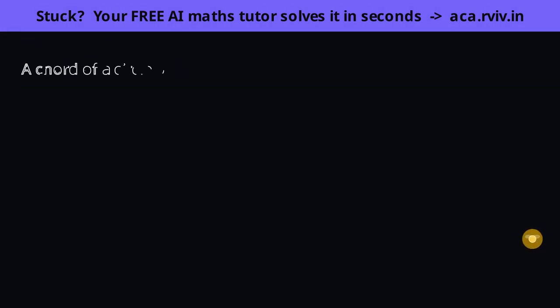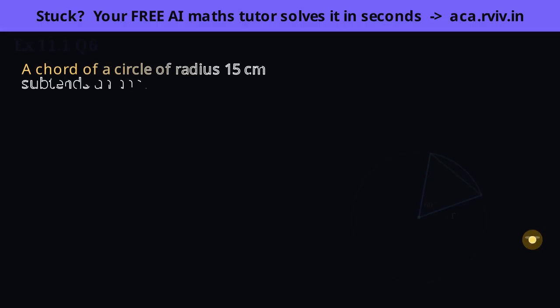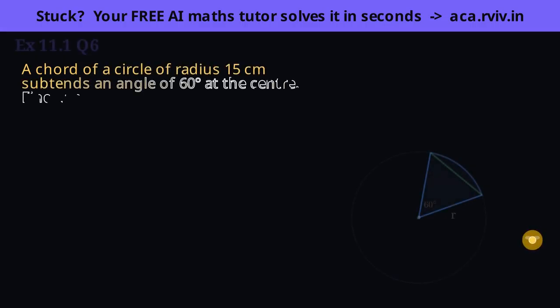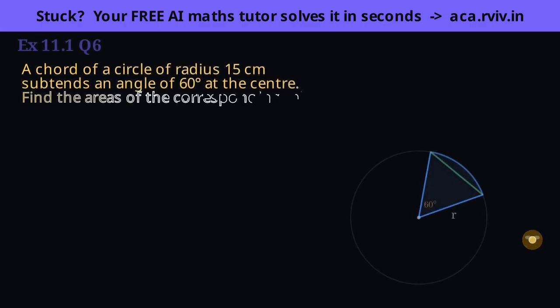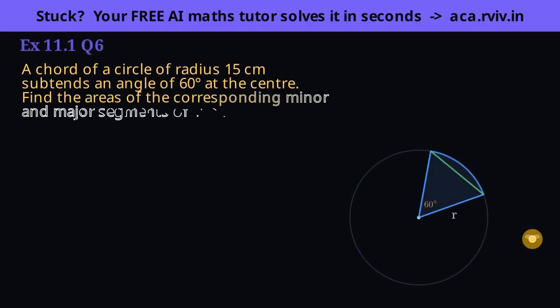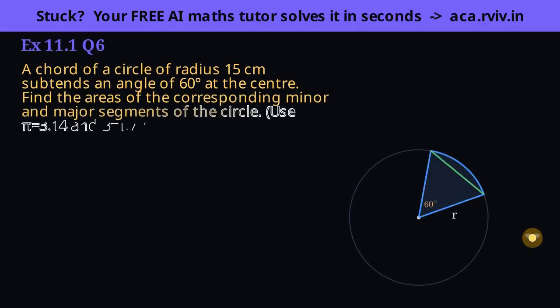Same 60-degree, equilateral triangle idea as before, now asking for both segments. The clever move is to get the small minor segment, then reach the major one by subtraction from the whole circle. Let's plan both answers up front. The minor segment is a small cap, sector minus its triangle. And rather than compute the huge major segment directly, we'll get it as the whole circle minus the minor segment.